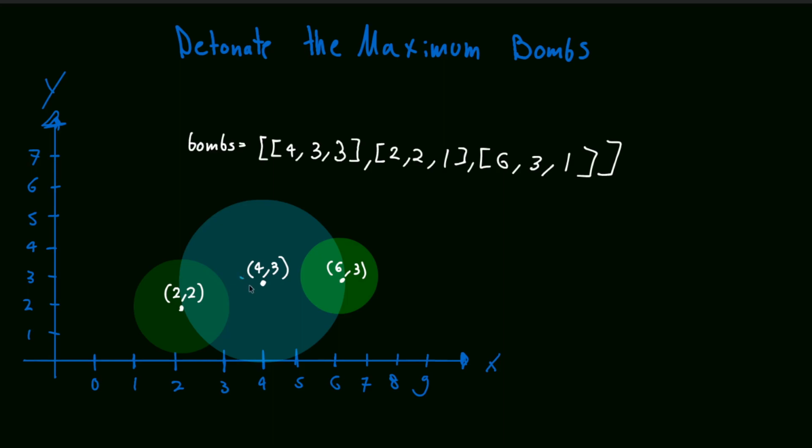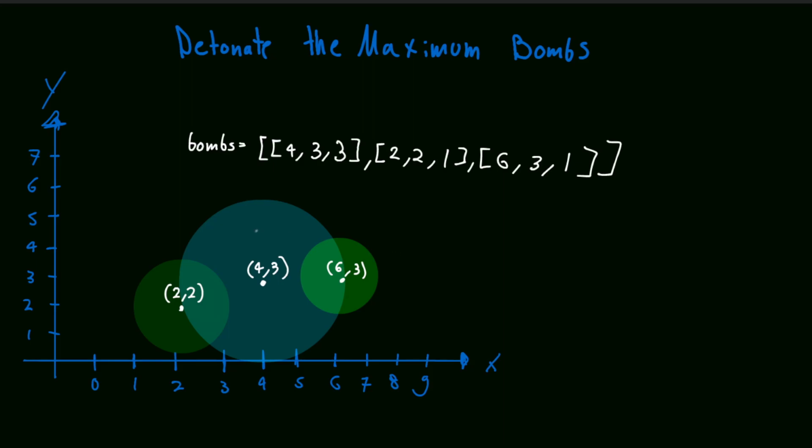However, if we started detonating either 2-2 or 6-3, we wouldn't be able to detonate the others. So how can we choose the first bomb to detonate? At the beginning, you might be tempted to do something like a union set, and just find the maximum area that you can get by unifying the area of the bombs. However, there is a simpler solution,